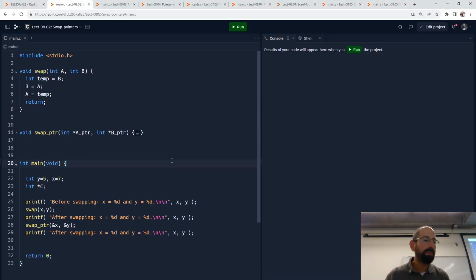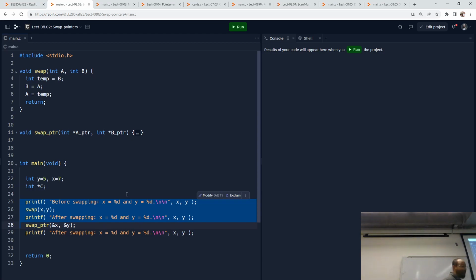This is example swap pointers, and I wanted to show two versions of what one may try to do with this. So again, that swapping mechanism we've done before when we were doing our sorting code, right? Third temporary variable to hold the intermediate result. B becomes A becomes temp. Winds up swapping the two values here. If we were to try that without pointers, and that's what the first few lines of code here are doing,